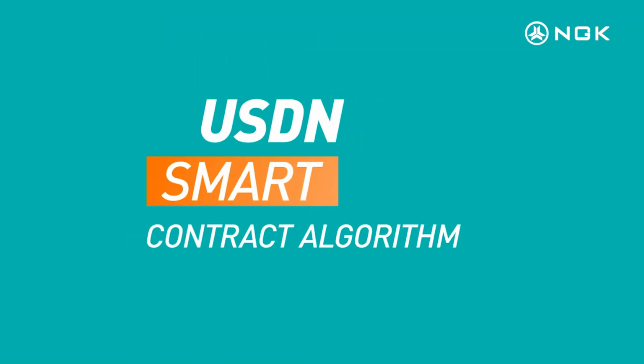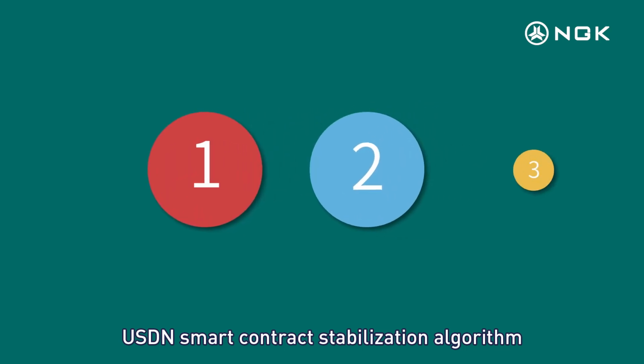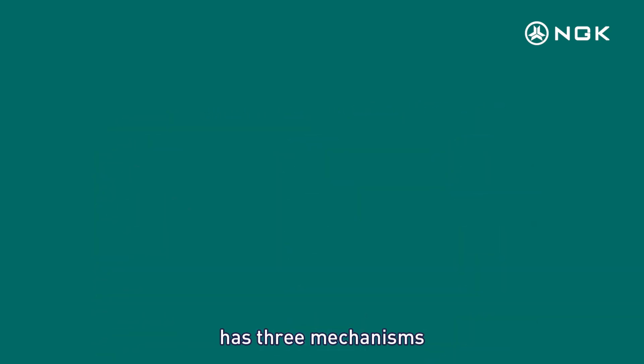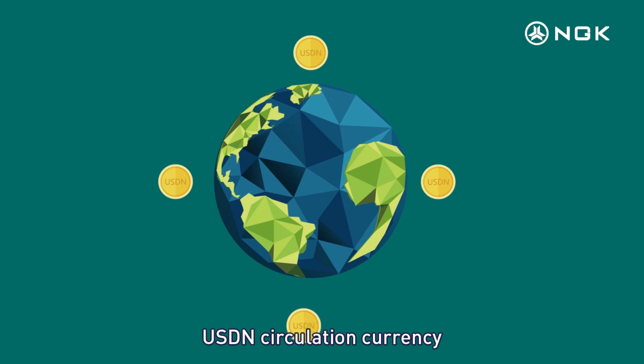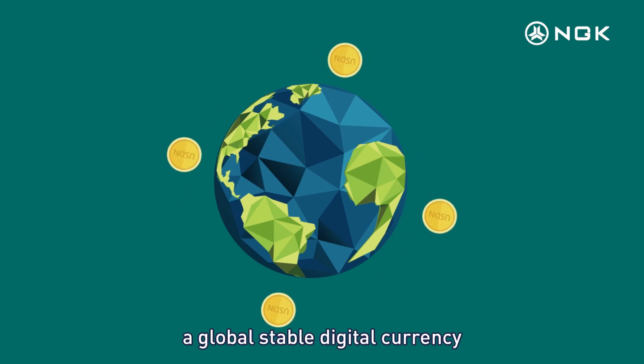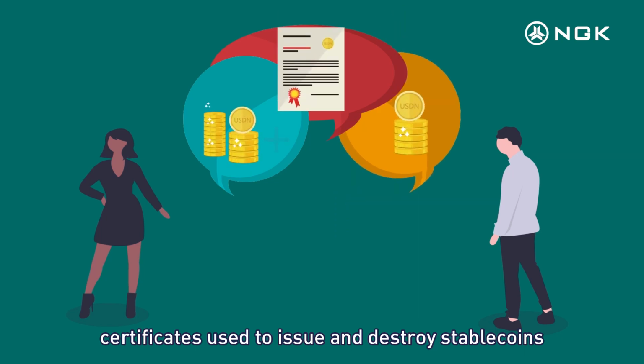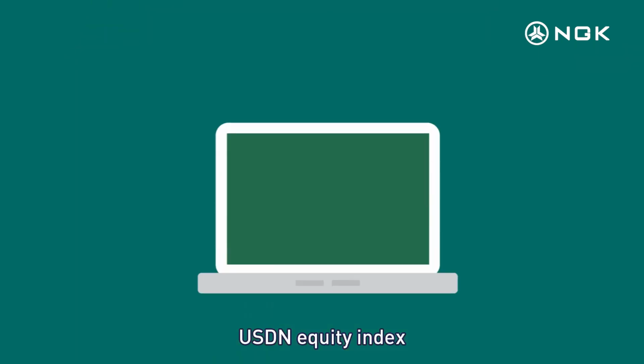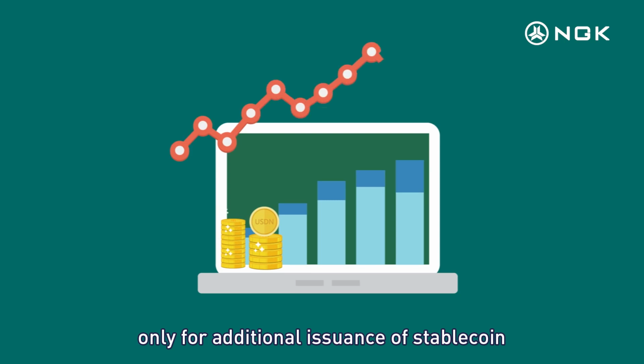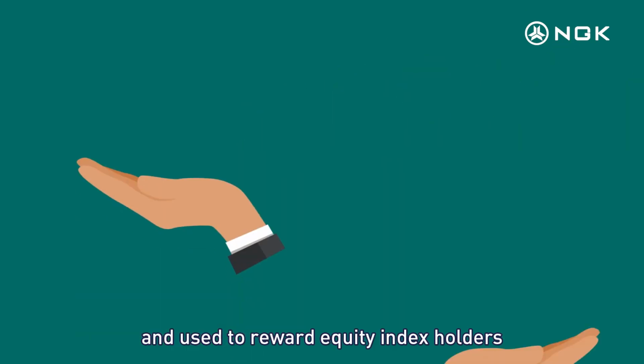USDN Smart Contract Algorithm. The USDN Smart Contract Stabilization Algorithm has three mechanisms: USDN Circulation Currency, a global stable digital currency; US Bond Certificates, certificates used to issue and destroy stablecoins; US Equity Index, only for additional issuance of stablecoin and used to reward equity